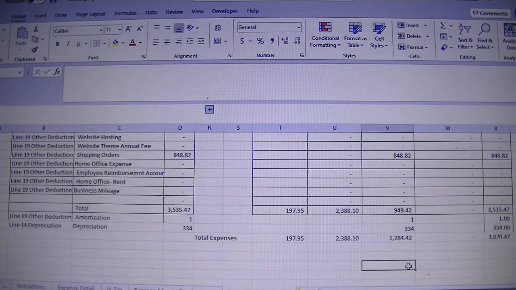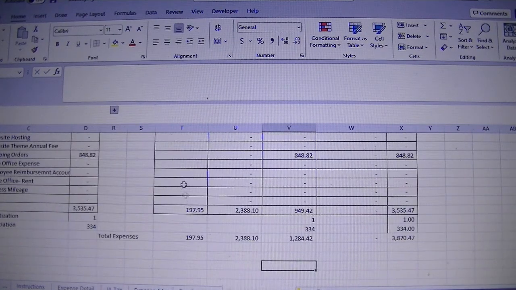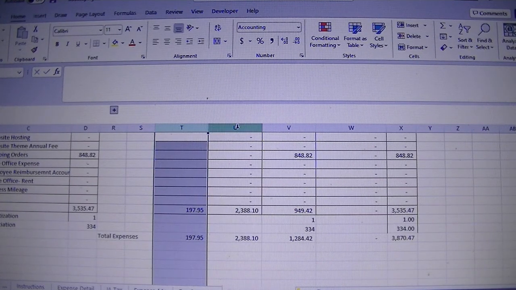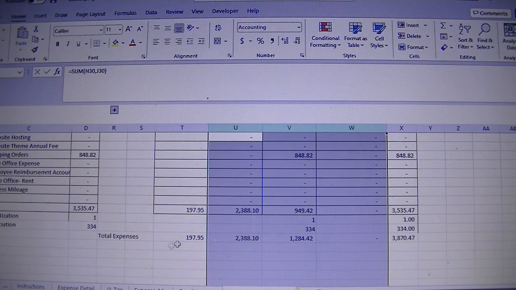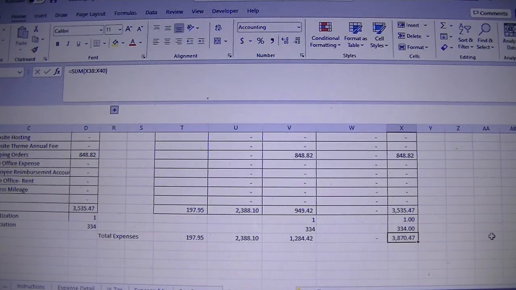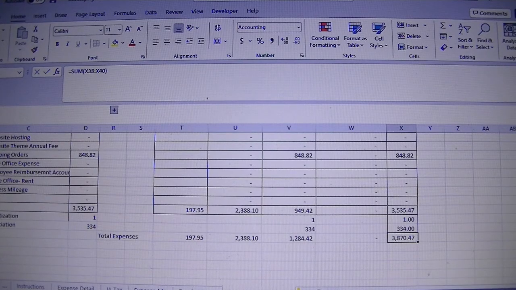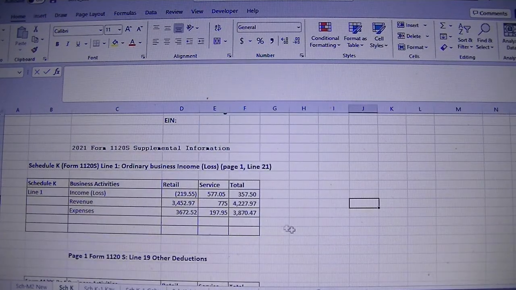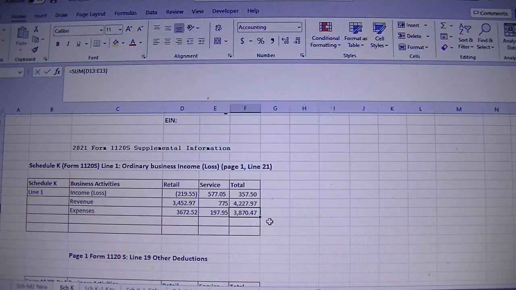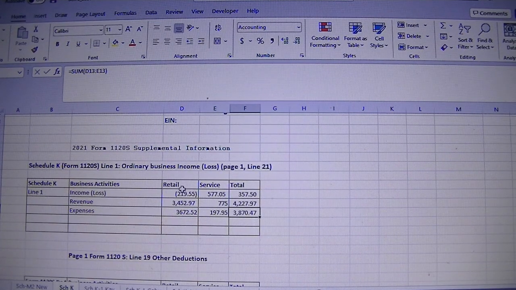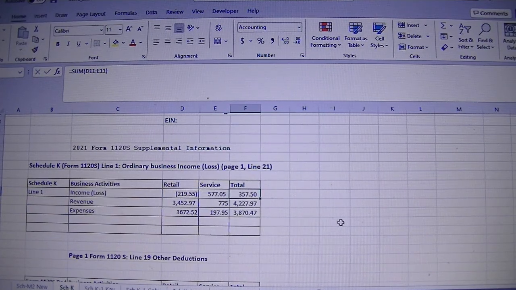And we have it by service and retail, and the total pretty much gives us 3870, and the subtraction between the two, revenue and expenses, gave us, so pretty much it's showing us that we have a loss in retail and we have a profit in service, and the total is 358, which